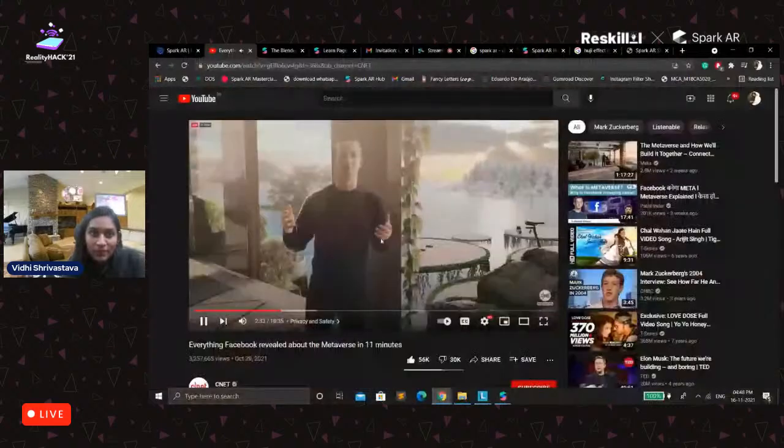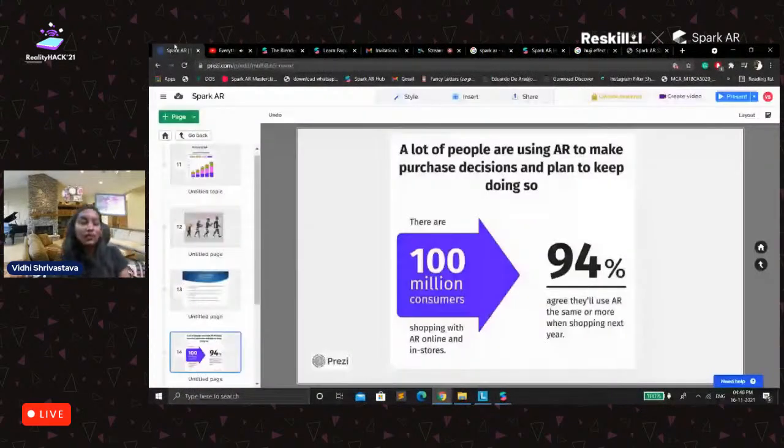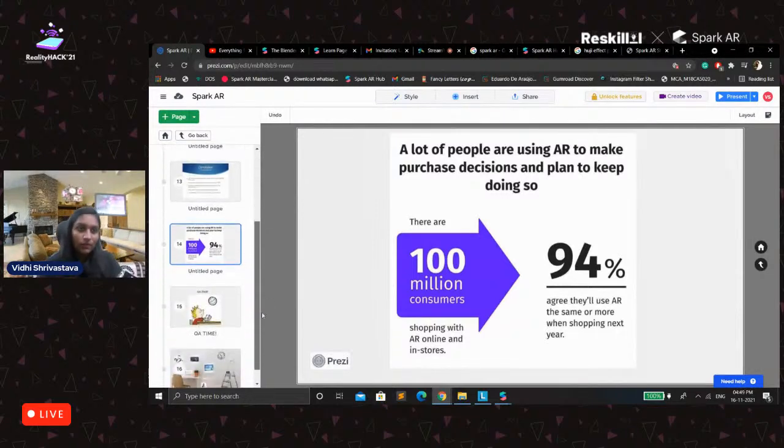So what is actually in the metaverse will basically be there even in augmented reality. We will see that it's not only up to your devices now. It's not like you need a mobile or a tab or something like that. They are now being embedded, like we have AR glasses now, and slowly and gradually it's going into the metaverse. So this technology is in high demand now.